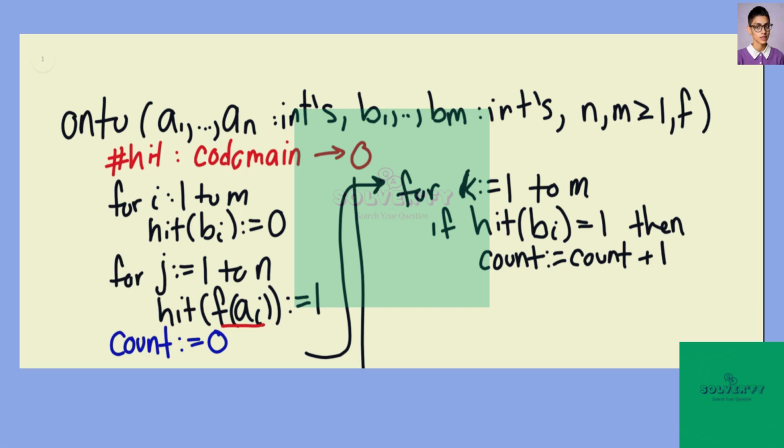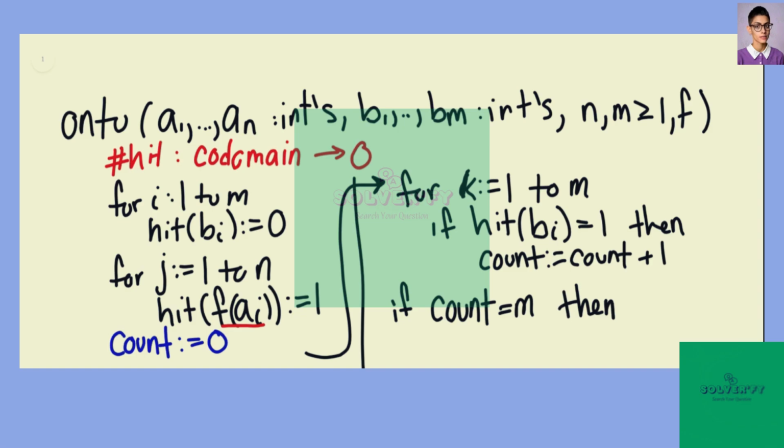Okay, so now to determine if the function is onto, it'll be the case that the count is equal to the number of elements in the codomain. So we have one last statement, and that's if count is equal to m, the number of elements in the codomain,